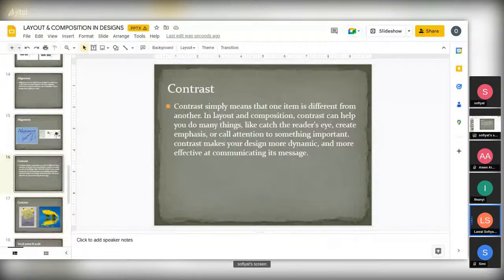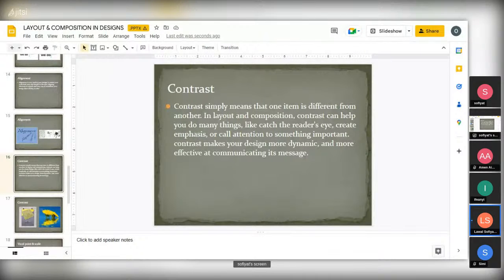Maybe the difference between this color and another color, between a shape and another shape, between the fonts and other fonts. That's the contrast between them.